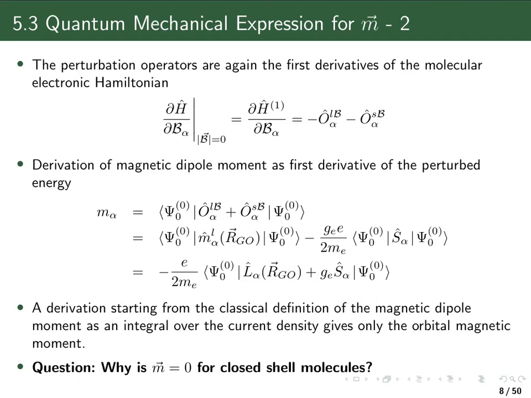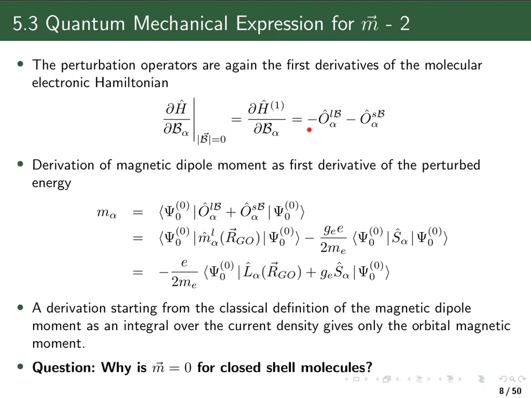defined or derived that the magnetic dipole moment can be written as minus the derivative of the energy of the system in the presence of the magnetic induction with respect to a component of the magnetic induction. So we have to do with the derivative of the energy, and using the Hellmann-Feynman theorem, we can express the derivative of the energy or calculate it as the expectation value of the corresponding derivative of our Hamiltonian.